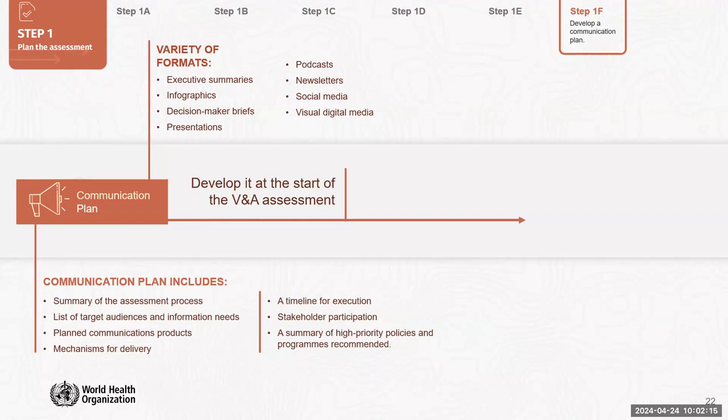So there's a communication plan that needs to be developed. It needs to think on what are we going to have in that communication plan, how we're going to deliver it to decision makers, to the communities, how timely they should be, whether stakeholders are all going to be contributing, who's going to be contributing to the plan, et cetera, et cetera. So having said that, next one, Amy, please.